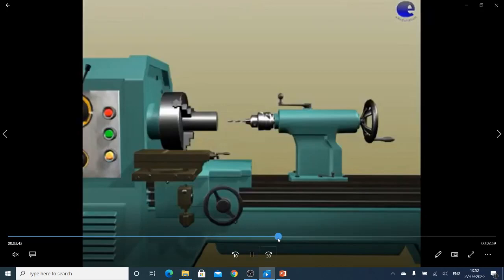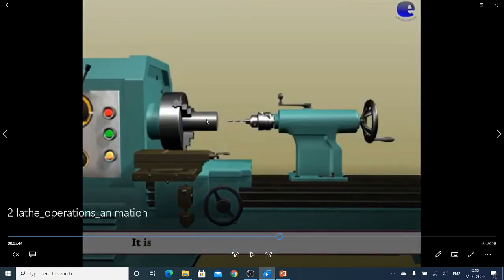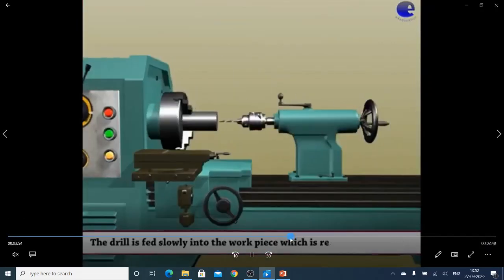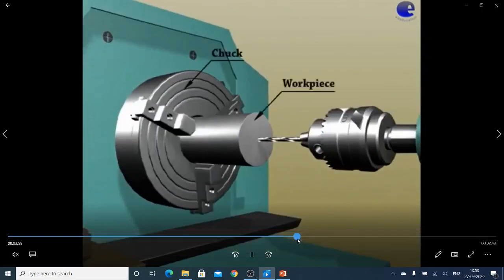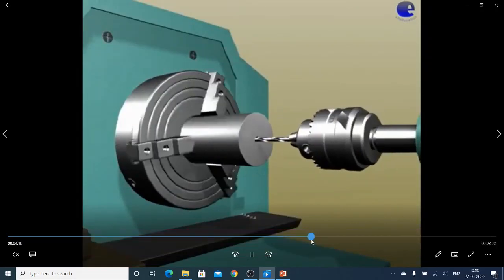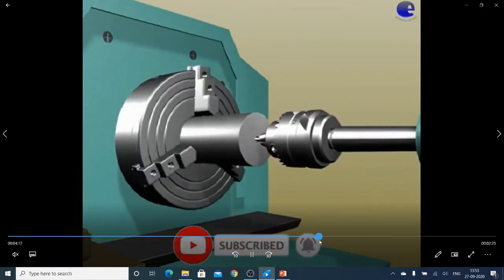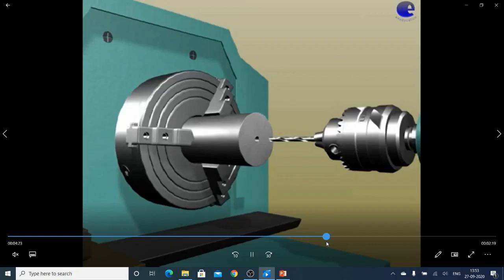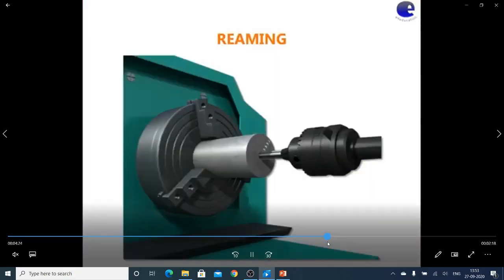Drilling operation. In the drilling operation, basically what happens, this is a workpiece fixed inside the chuck. A drill is mounted on the tailstock. When you rotate this wheel of the tailstock, the drill will move only in a linear direction. It is not going to rotate. You can see only in a linear direction the drill is moving, and it will go inside the workpiece to drill the hole. The workpiece is moving. So this is the drilling operation. The function of the tailstock is first to support longer workpieces and to hold tools like the drill.